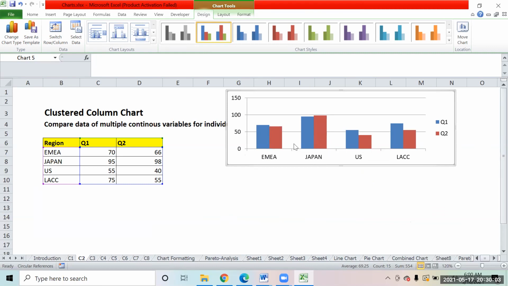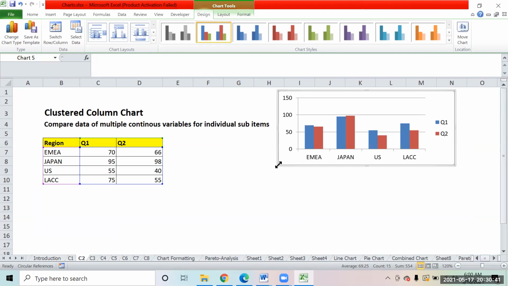And technically, in all the regions except for Japan, the sales of Q2 were less as compared to Q1. I hope the interpretation of the chart is also clear to all of you.